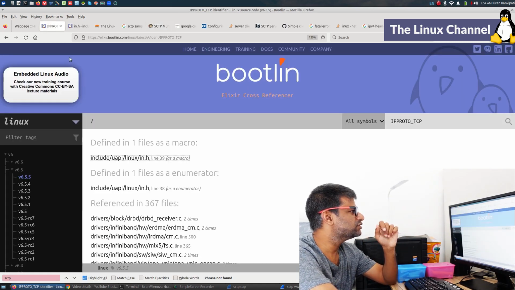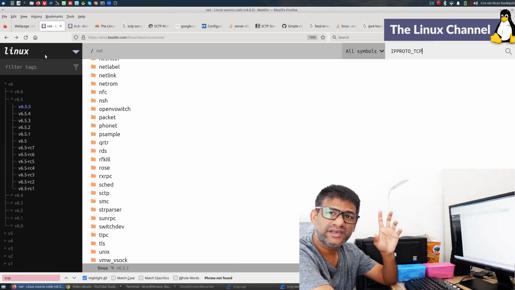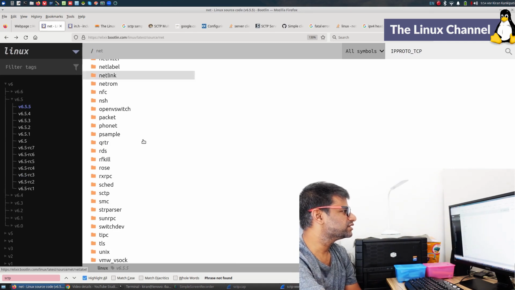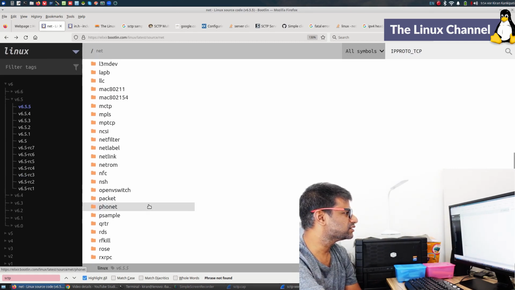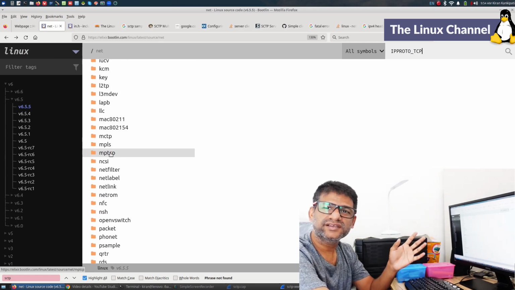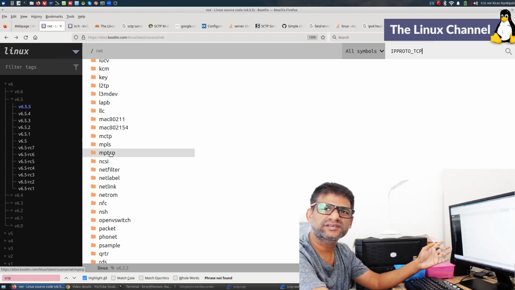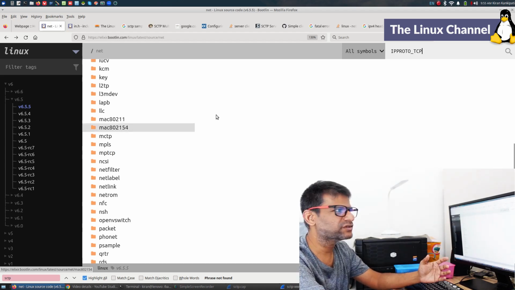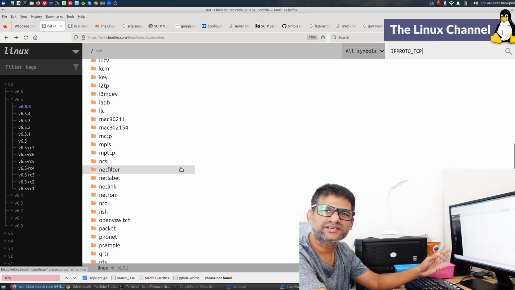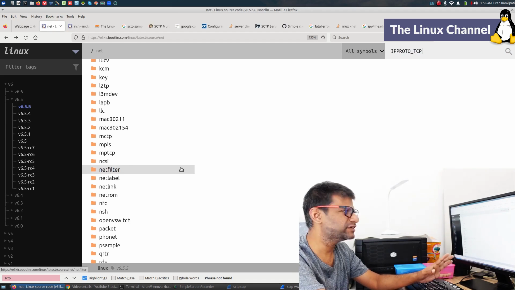If you go here, we can search where this is positioned in the Linux kernel source. In the net folder, you can see MPTCP is there, and since the name itself says MPTCP, this is not going to be yet another transport layer protocol, so you can't find any other IP proto TCP stuff over there. So it should be just an extension over existing TCP.